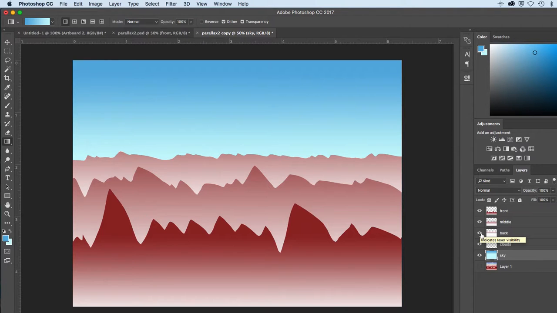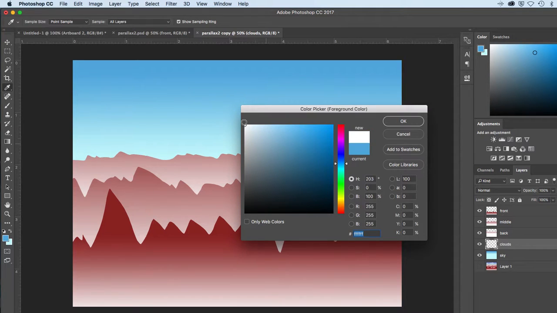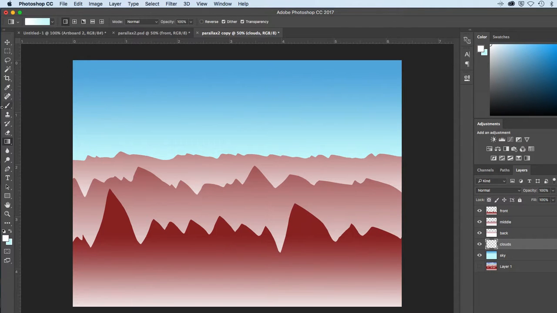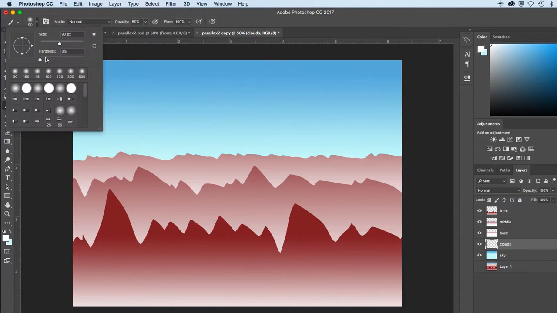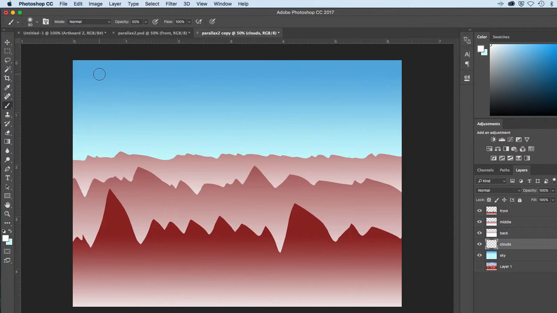Now let me just very quickly, on the clouds layer, set this to white, go to my brush tool, and it is set to its softest setting, hardness set to 0. And with my right and left square bracket keys, I can increase and decrease the size. And I can also increase and decrease the opacity. I'll start at 50%, and I'm just clicking here. It compounds, it basically adds on. And just sort of randomly click around and change that size